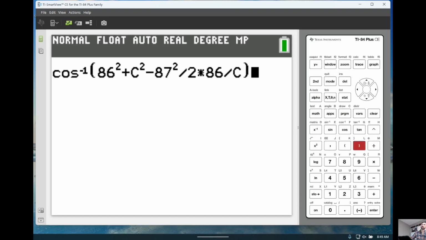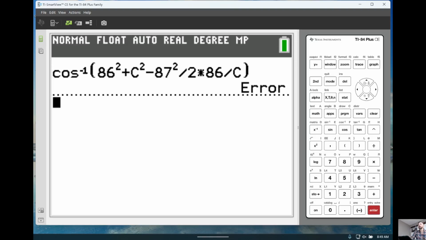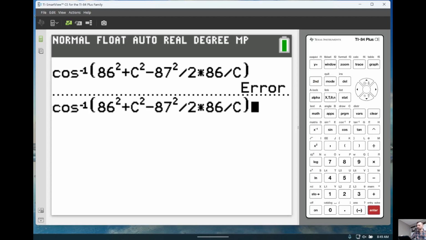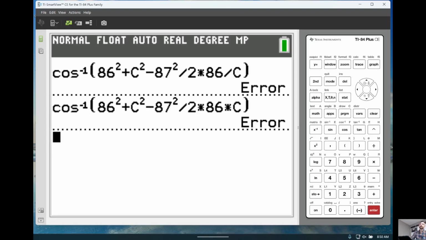And there's a good chance this is going to give me an error message. Problem is, well, the error message is because this is a number. Oh, well, I also didn't type it in correctly. It should be times. If this is a number outside of -1 to 1, that doesn't make sense, and that's why the calculator is throwing a fit. The reason why it's giving me an error, and it shouldn't though, is again, your calculator does